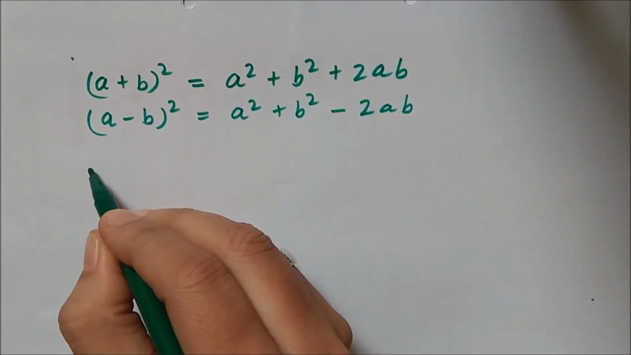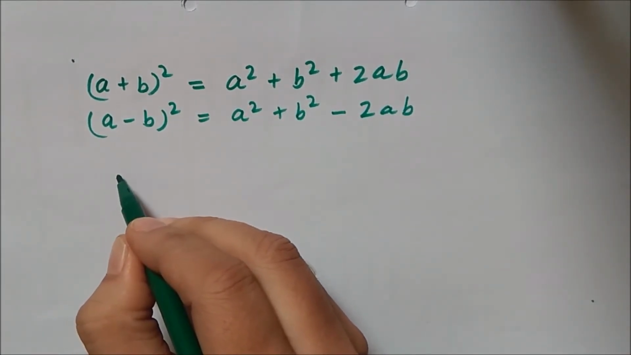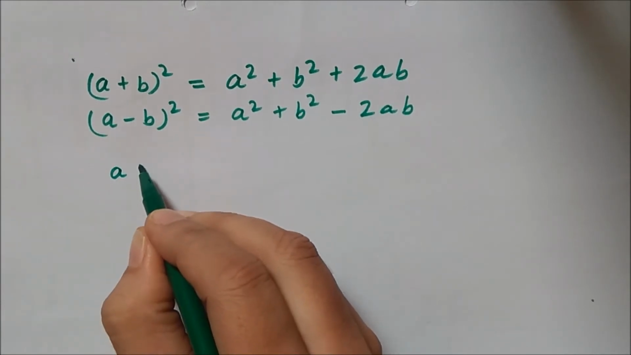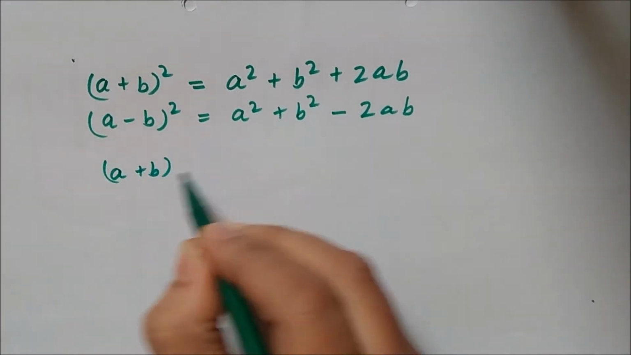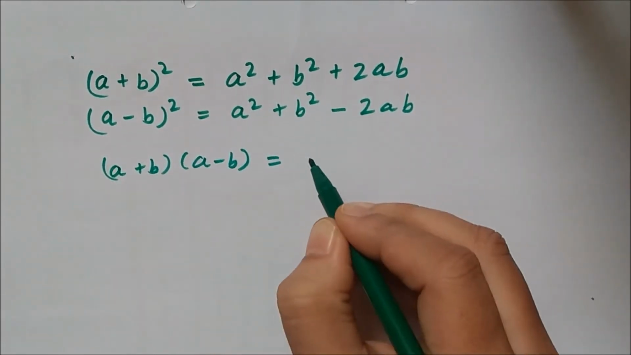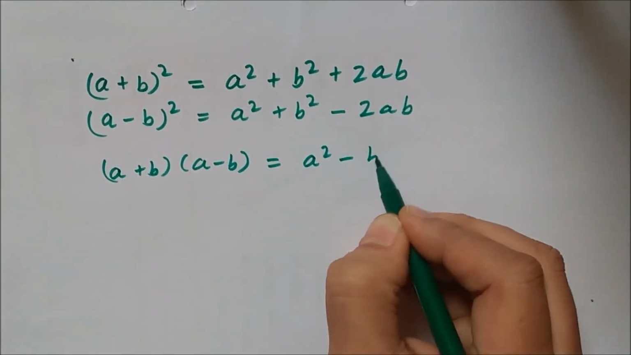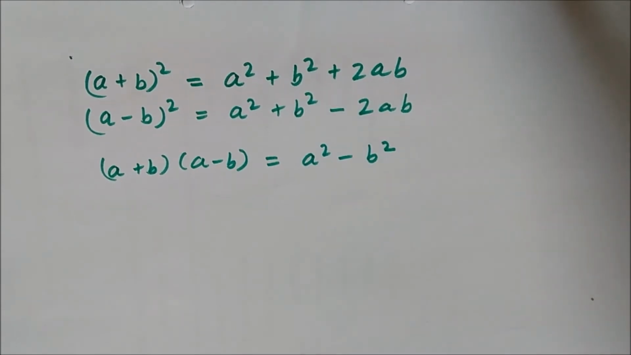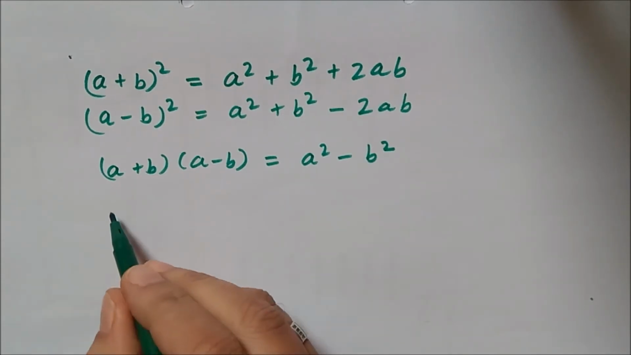The third identity used for factorization is (a plus b) into (a minus b) is equal to a square minus b square. We shall use these identities for the factorization of algebraic expressions. We take one example of, say, x square